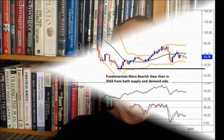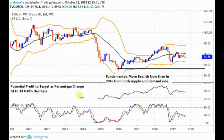Right, let's go and take a look at the chart of crude oil. Right, on the chart of crude oil, and I'm just looking at the monthly chart very quickly, first of all, before we go to the daily chart, draw levels of entry, stop and target. And on the monthly chart, just to see the big picture, and you can also see my target here, which